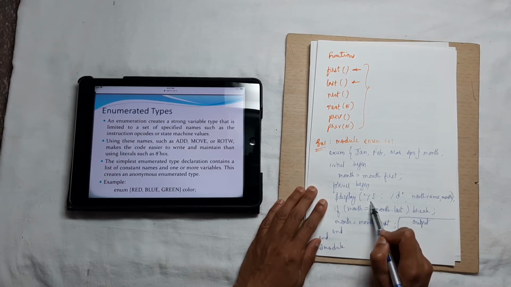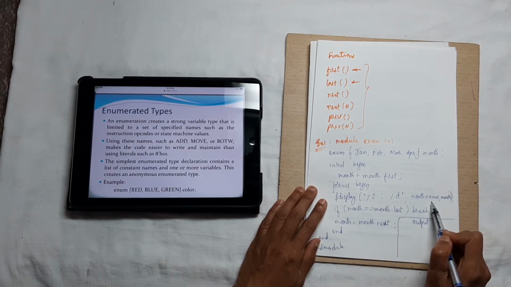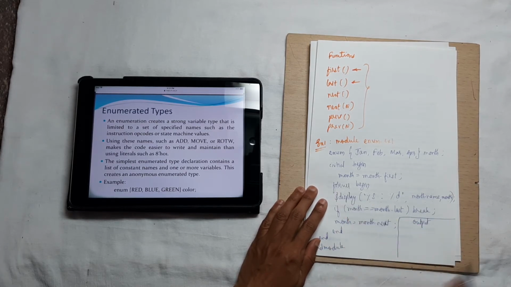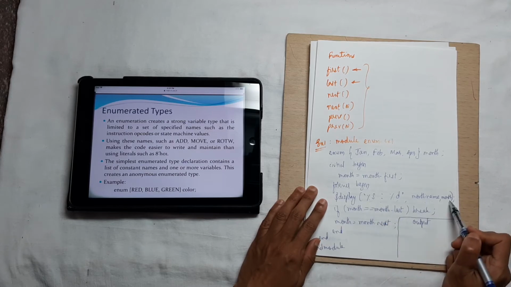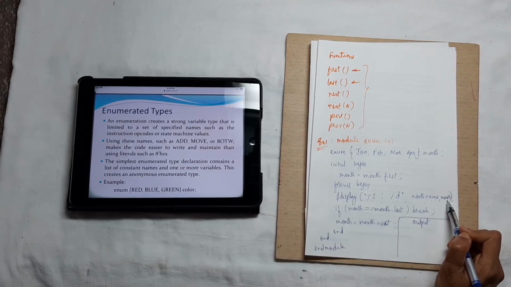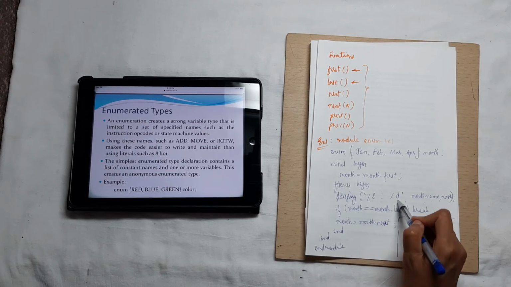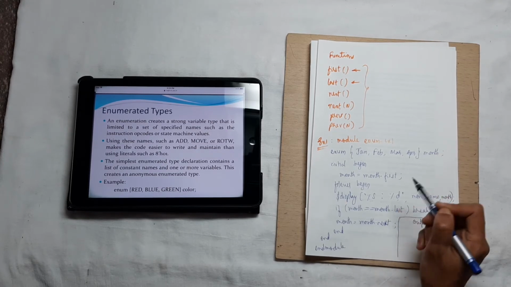In place of %s, whatever is assigned in this, the name of that will be displayed. And month is, I told you, enumeration data type assigns a unique value to each of the member in the list. So that unique value is assigned at this particular point.